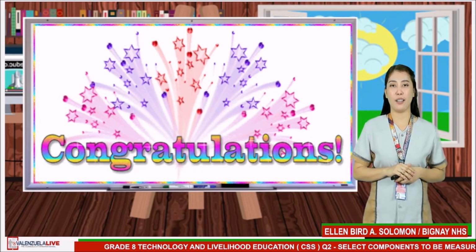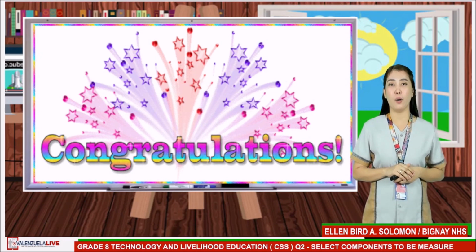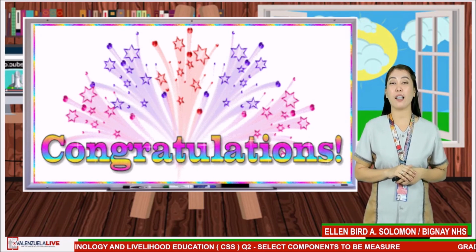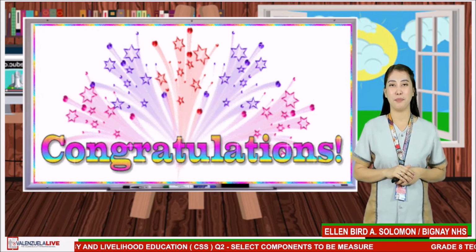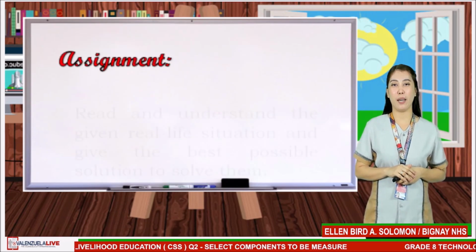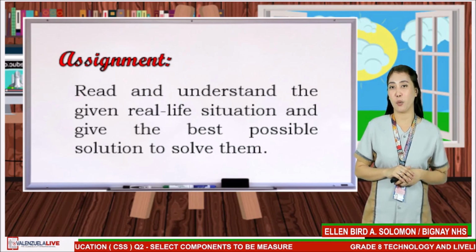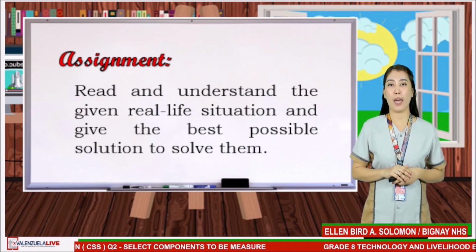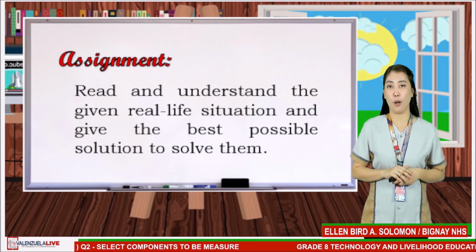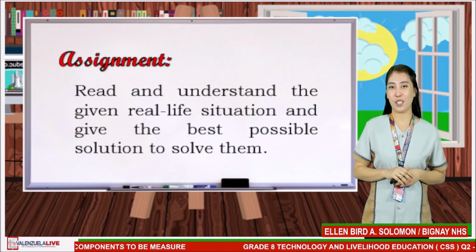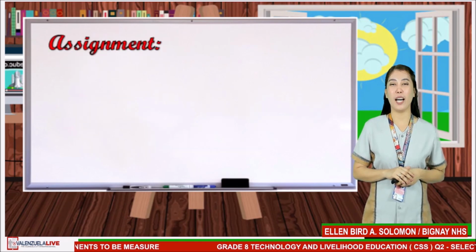Computers and other gadgets play a vital role to sustain education nowadays, especially at this time of pandemic. For your assignment, read and understand the given real-life situation and give the best possible solution to solve them. Submit your essay to your subject teacher. For number 1,